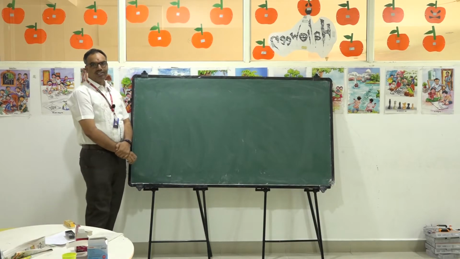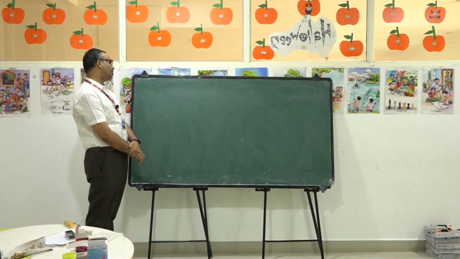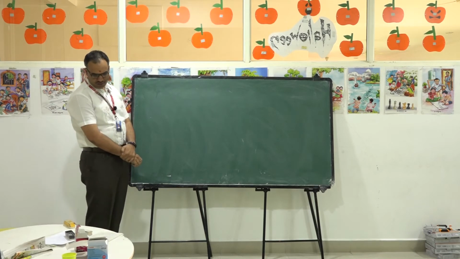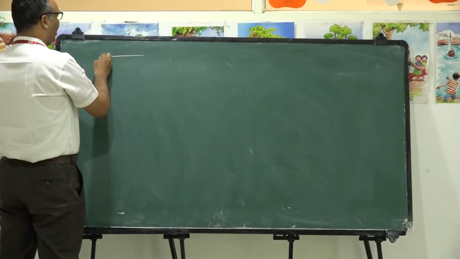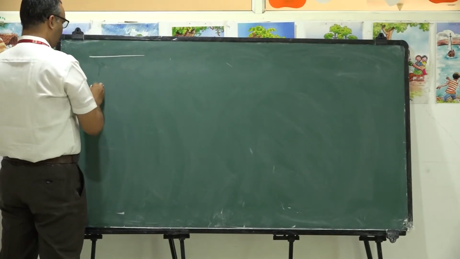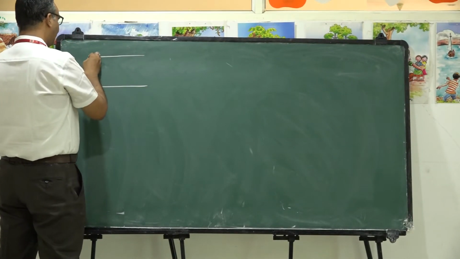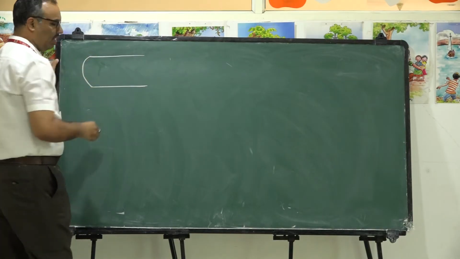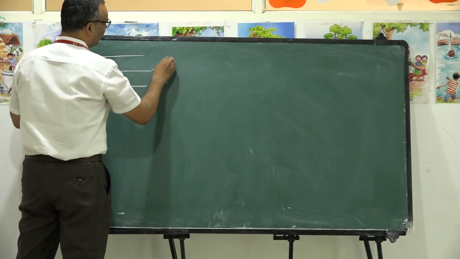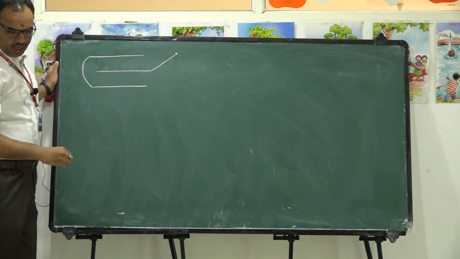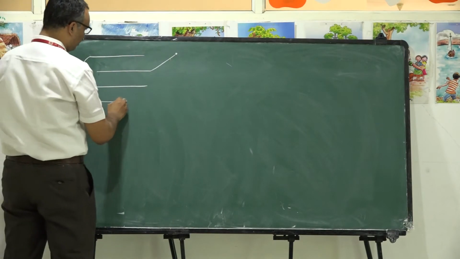One more problem, let us discuss, based on the combination of capacitors. If you are given a set of plates of capacitor, identical plates are there. Those identical plates are arranged like this. They were joined with one another. And here is one more plate. It is like this. And one more plate. It is like this.